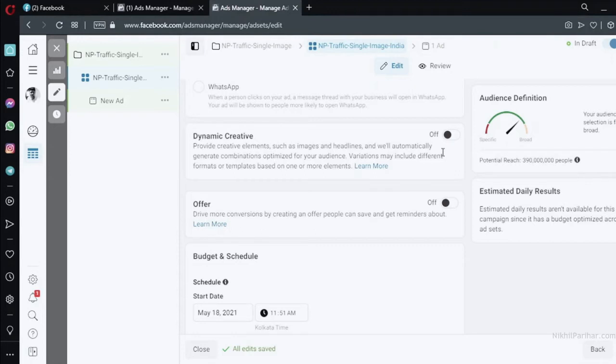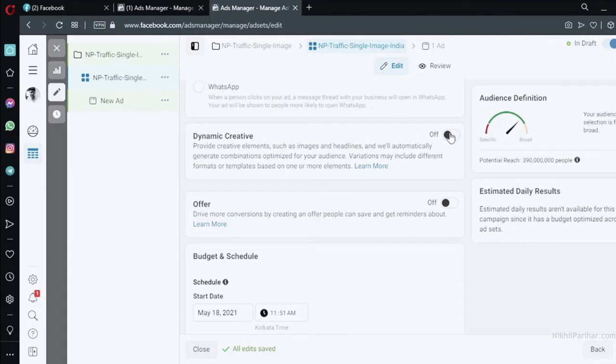So if your business requirement is to create more than 250 ads, you might want to go with dynamic creative here, because you don't need to create multiple ad versions in it. You just create one ad, put multiple headlines, multiple images, and multiple descriptions in just one ad, and Facebook will try to show the better performing images and headlines to its users based on its algorithm. So little tip for you for dynamic creative, you can go ahead with this option if you want.